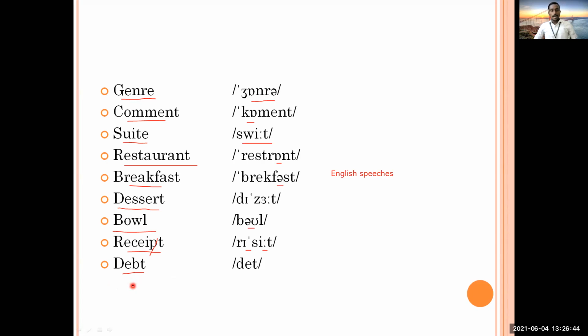I hope I tried to make you a little bit clear about pronunciation. If you understand it, just try to improve it. If there are still any questions, queries, or difficulty, you may ask. So, is there any question, problem, difficulty? If there is, then just ask me. If not, then just reply. No, sir.